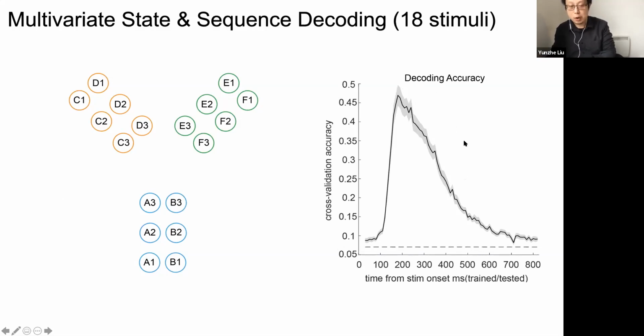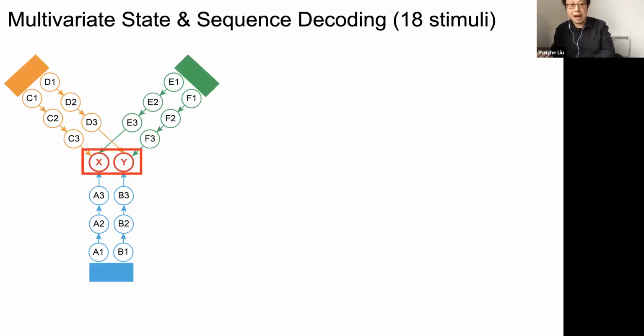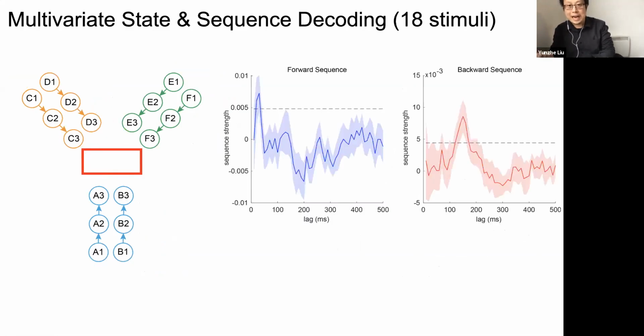And again, it peaked around 200 milliseconds, consistent with our previous study. The second thing we want to look at is only the time when the reward has been received, because this is the only time in this task where new learning can happen. If we look at those times, in general, we have 2 types of sequence. The x-axis here is the time lag. The smaller the time lag, the faster the replay is. And the y-axis means the strength of the replay. The dotted line is the permutation threshold. Anything that passes that would be significant.